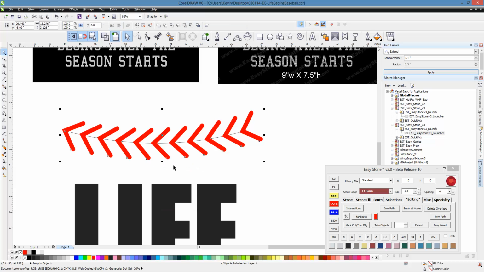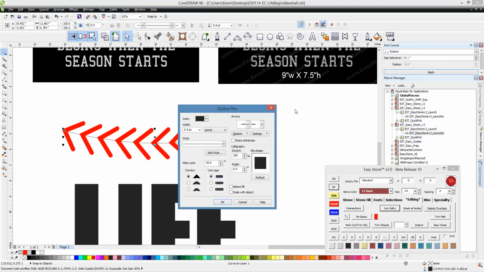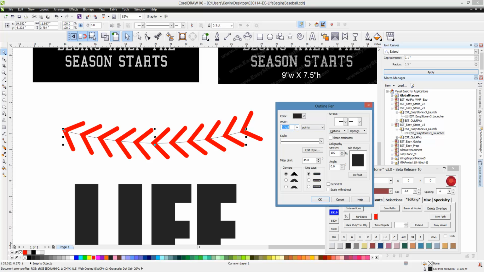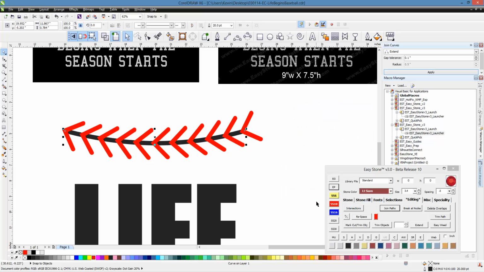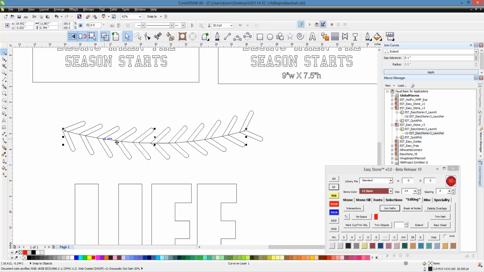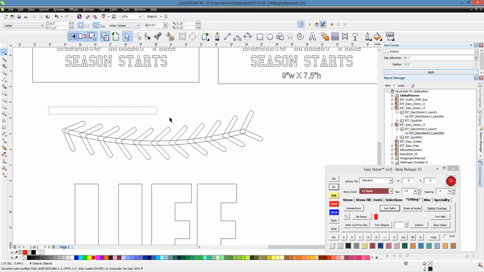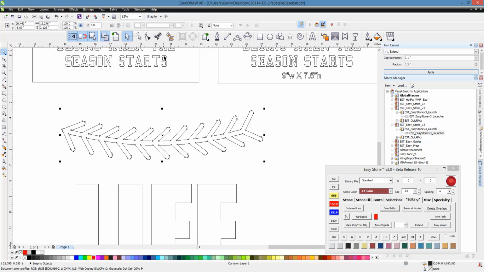break blend group apart, and then we need to apply a thickness to this line using our outline pen dialog box here. So let's do 20 just like we did with our laces, and just like before, convert outline to object. Because if we go into wireframe mode, it has no thickness, and now it does. So we can select all of that, weld it all together, and what you see is exactly what your cutter's